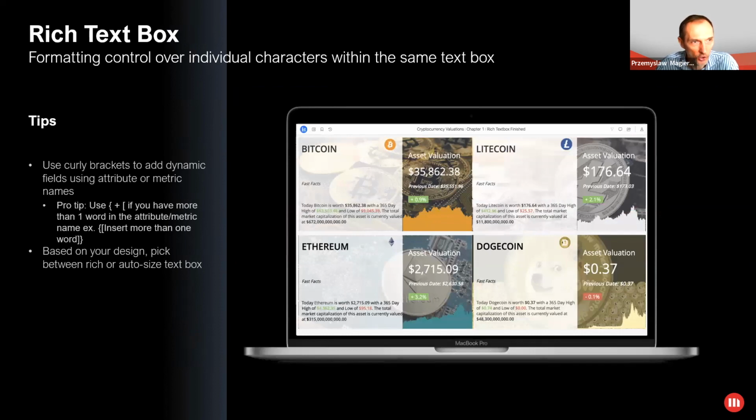Another one is a rich text box. This is something which is simple, but I like it very much. It allows you to put multiple static and dynamic text, which is highly formatted, in one text box. Every place can be formatted differently in the text box, and it was missing from my perspective in the simple